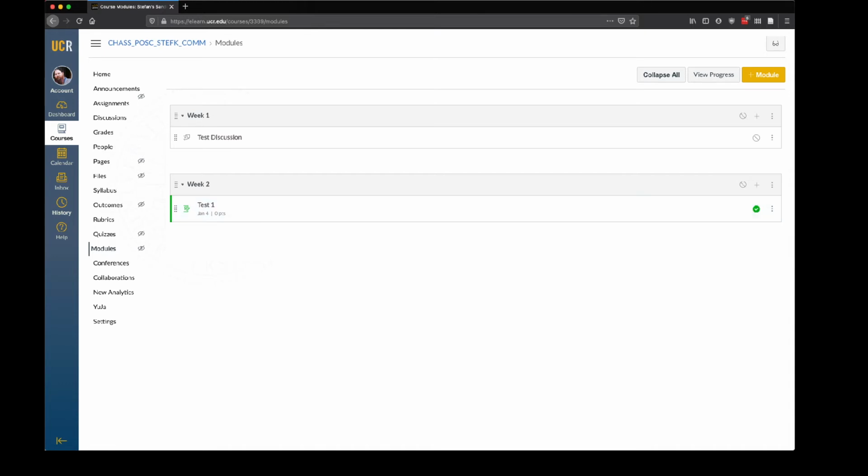Everything is published when it has a green check mark next to it. So test 1 is published. However, because test 1 is inside of the week 2 module, and the week 2 module itself is not published, students will not be able to see test 1. This is a tricky thing that sometimes happens. And so what you do is you would have to make sure that both your module and your assignment inside of the module are both published. Similarly, you go down here and you just click these things, and now students are able to see this test